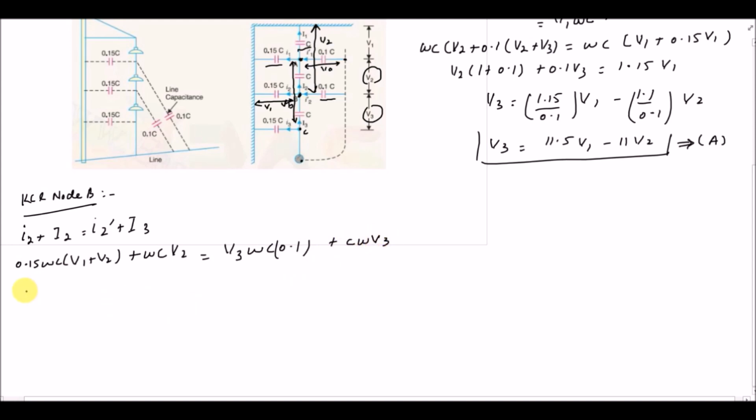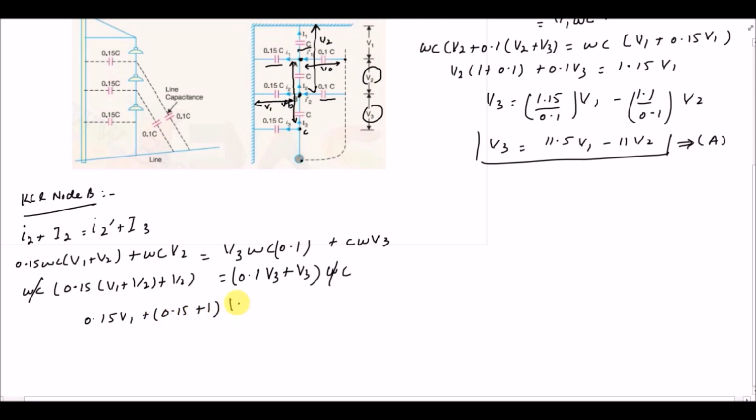So then after solving, it will be omega C into 0.15 V1 plus V2 plus V2, 0.1 V3 plus V3 omega C will cancel out, and it will become 0.15 V1 plus 0.15 plus 1 into V2, 1.1 V3,